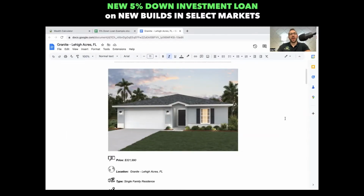Zach Lemaster here. I know everyone has heard about the 100% financing option. That is unfortunately no longer available. As we expected, it was available for about a period of 2 months. And then it ultimately went away because the credit union offering this portfolio loan, again, this is a portfolio loan,